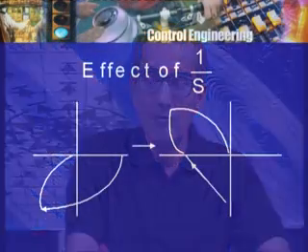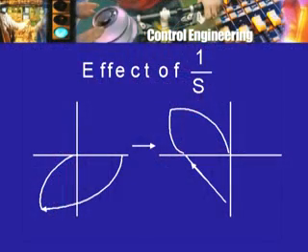On the other hand, using the Nyquist criterion, we started with the same situation. The polar plot turned out to be like this, corresponding to the two poles, the proportional feedback case. The effect of introducing that 1 by s, the integrator, was twofold. One was that at low frequencies the gain increased, and the other was a constant phase shift of 90 degrees. As a result, when I use the integrator, this diagram is going to be changed in two ways. You can imagine that it is going to be turned 90 degrees in the clockwise direction, but not only that, at the low frequency end the gain is going to be increased,